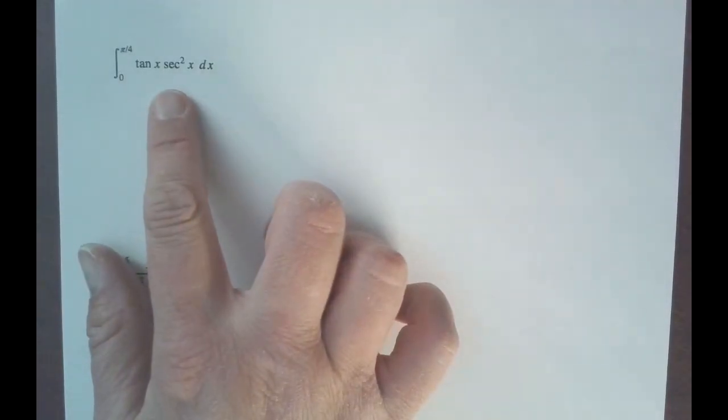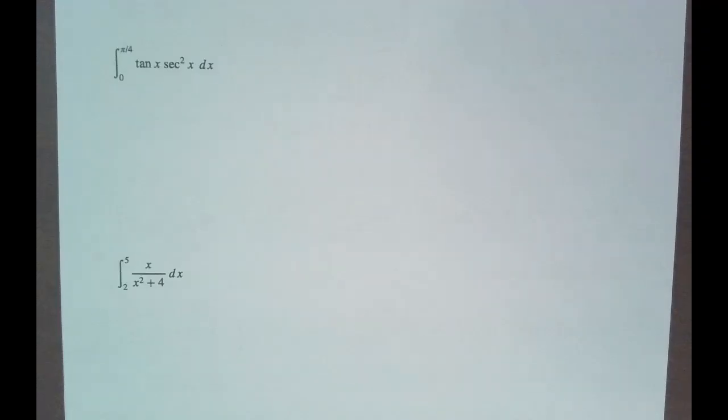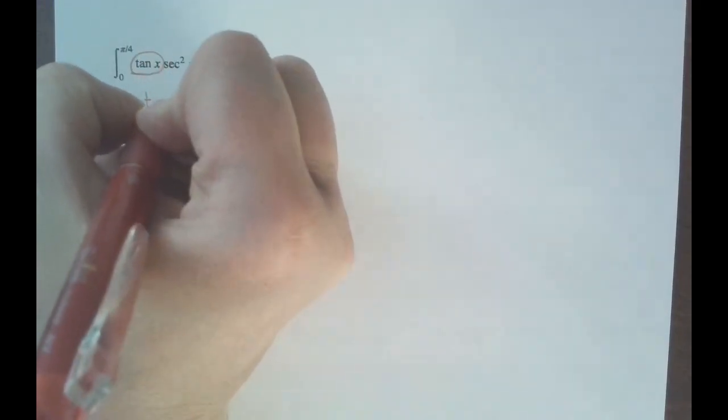So I think then I tried secant. Secant didn't really get me anywhere. And then the last thing I tried was tangent. So I just want you to realize that sometimes it's hard to know what u should be, and you have to just try something and see if it works. And if you're starting to understand how u-substitution works, maybe you can think ahead about why tangent is going to be a helpful choice here. Okay? So I'm going to say that u is tangent of x,